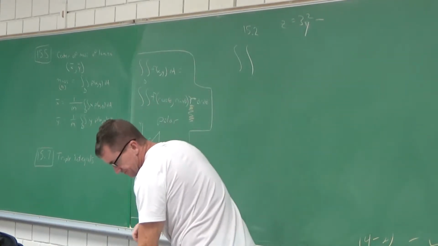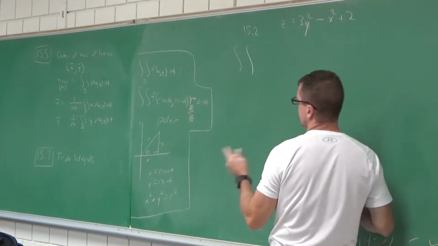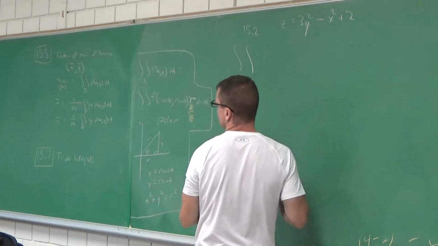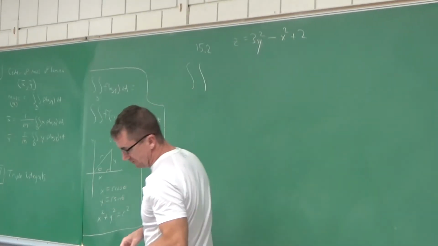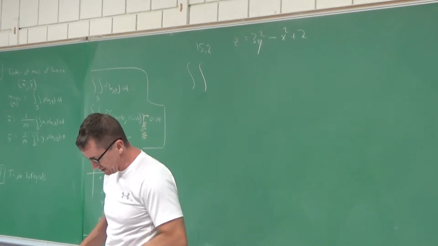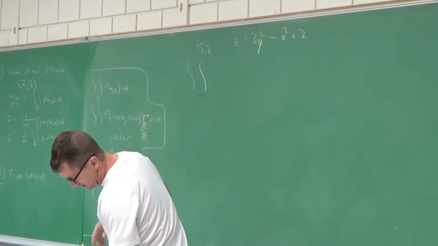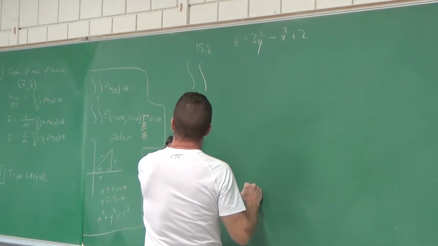This is just a lead into what we're going to be doing in a second. Can you find the volume of a solid that lies underneath this hyperbolic paraboloid and above the rectangle,